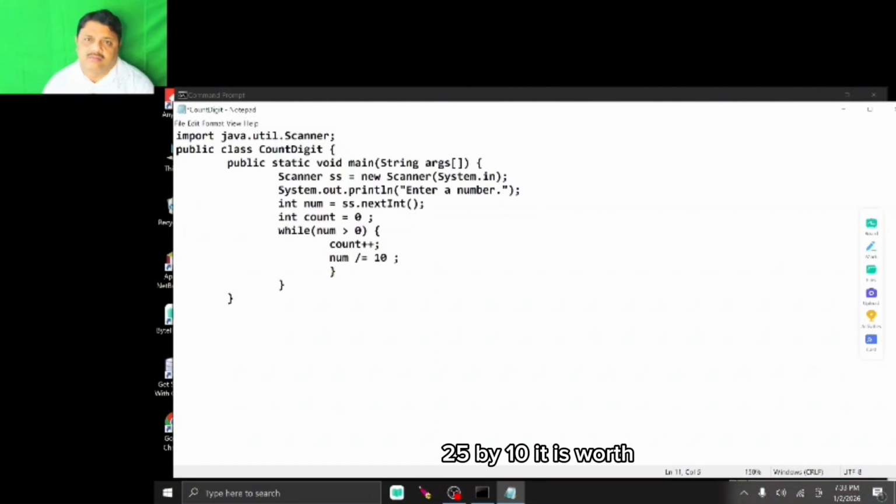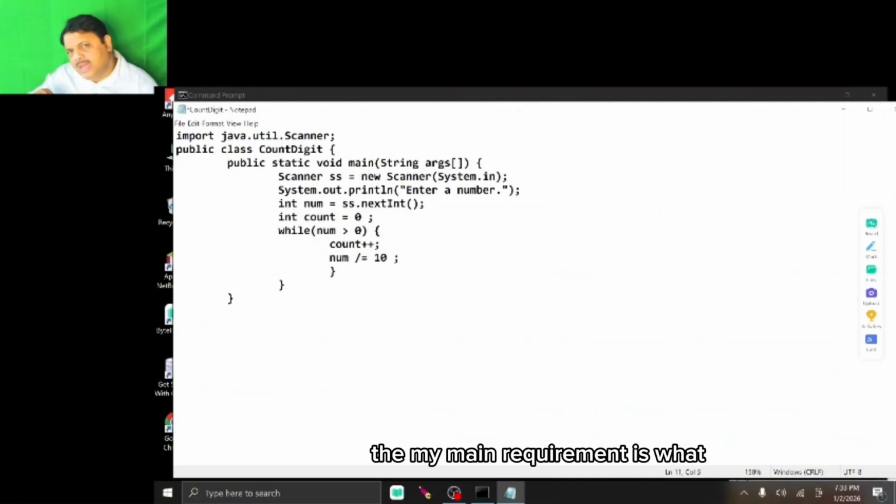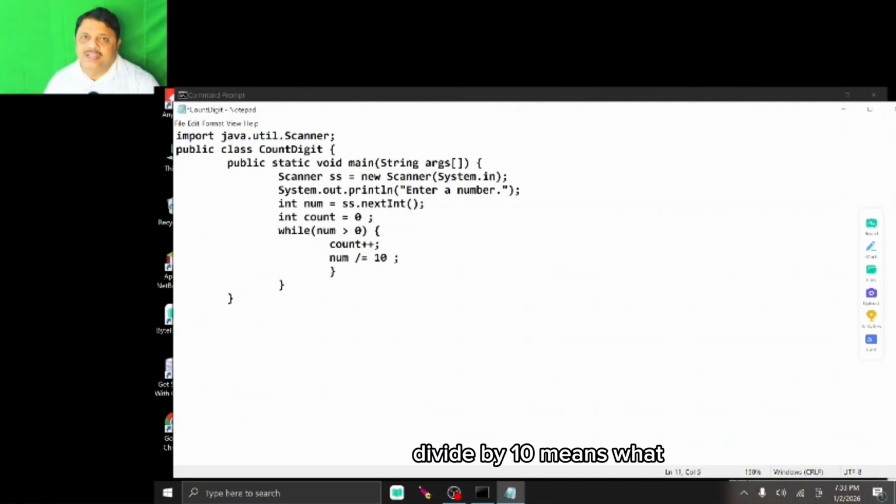25 by 10. What is it? It is 2. Try to understand why. What does 25 by 10 mean? My main requirement is to erase the last digit. Divide by 10 means the last digit is erased. In 25, the last digit is